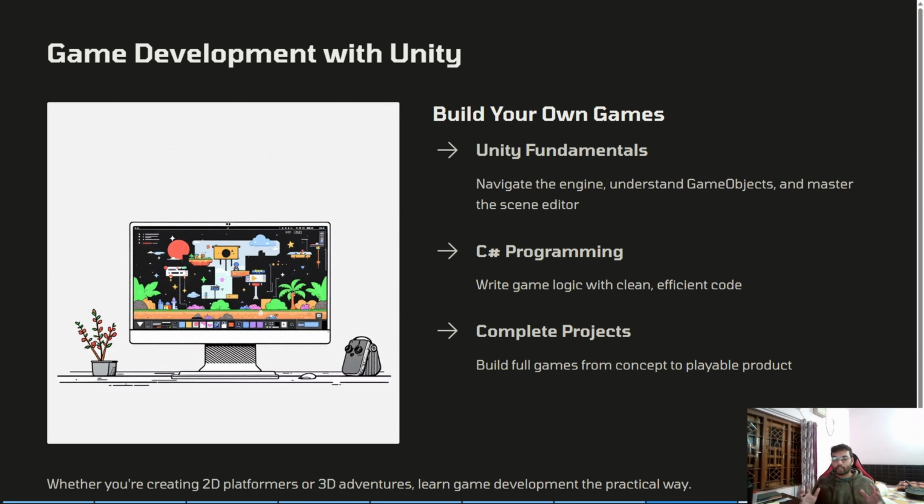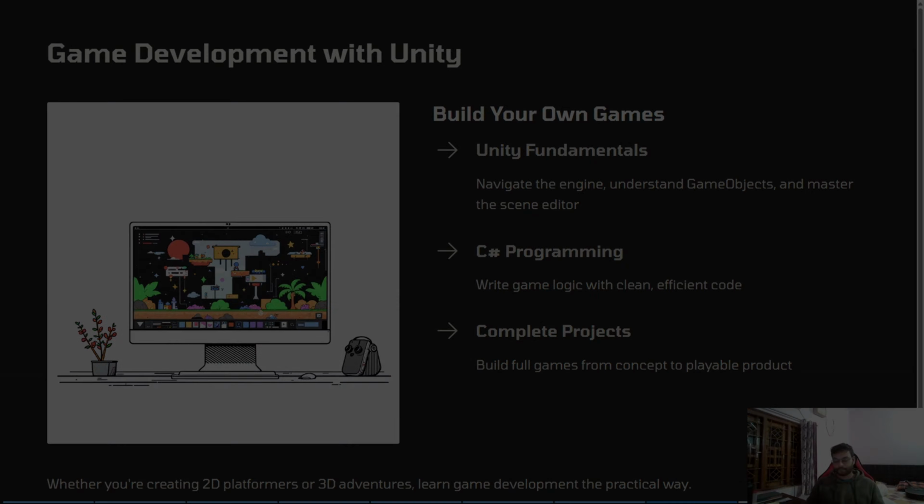And last but not the least, this is my favorite aspect of any software development, that is game development, which we will also be learning in Unity. And there, the language that we will be using is C sharp. We will start by learning how C sharp syntax is written, and then we will use that knowledge to create beginner to advanced level games in Unity. We will also deep dive into how to create 2D and 3D games in Unity,